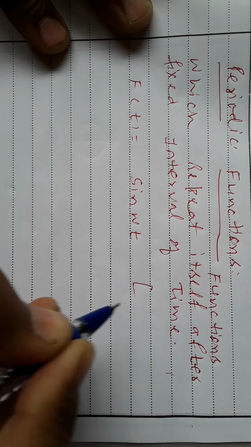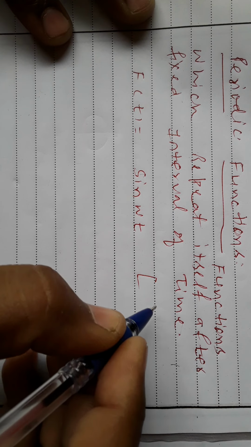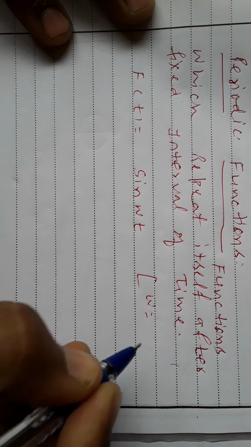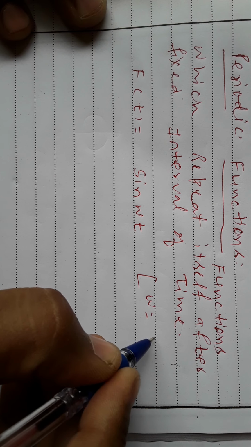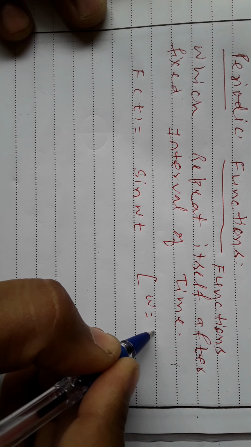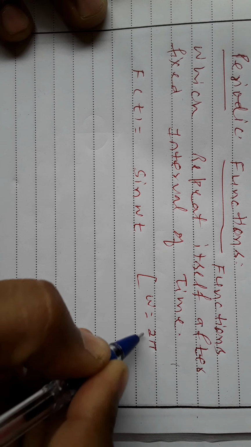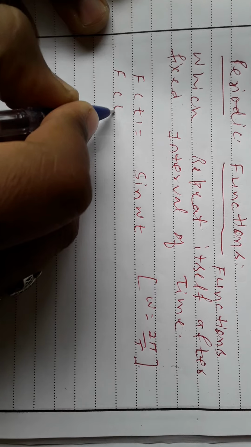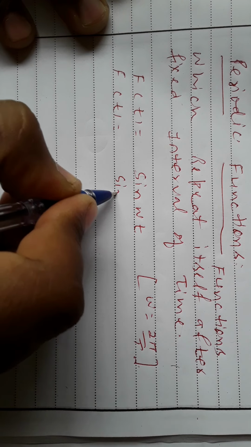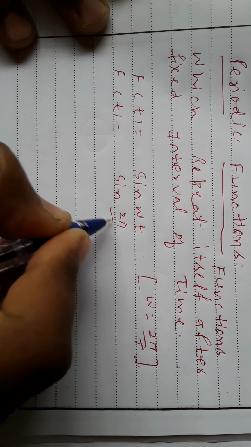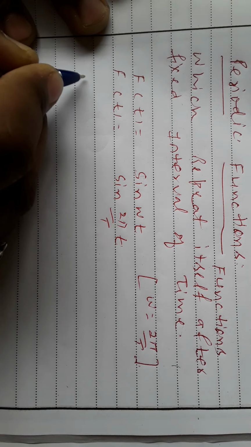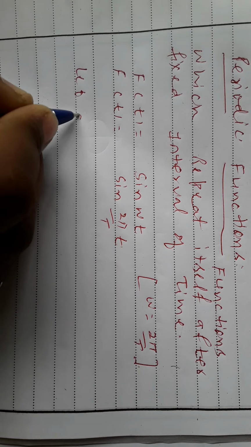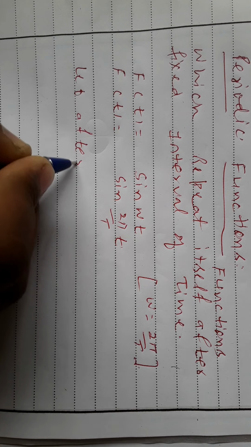And we know, in the second chapter, kinematics, we have done that omega, angular velocity, is equal to displacement upon time. For one complete revolution, angular displacement is 2 pi, so we can write omega is equal to 2 pi upon T. So now we can put the value of omega, that is 2 pi upon T, into t. Let after time capital T,